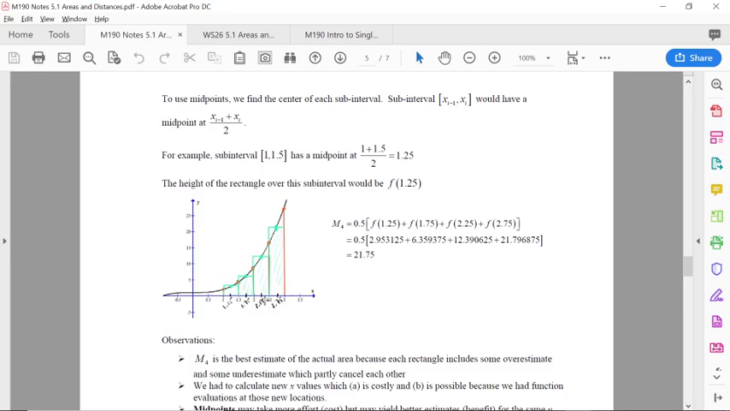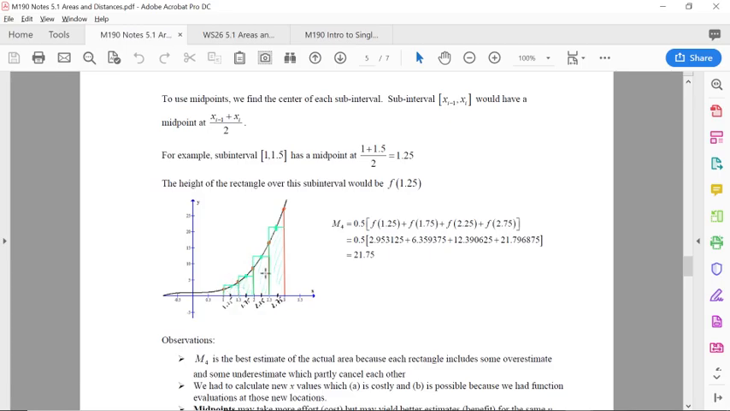Those 4 midpoint values are the x i stars for this example. 1.25 is x1 star. 1.75 is x2 star. 2.25 is x3 star, and 2.75 is x4 star. All right, so the star values are changing depending on which rule we choose. And we do the same thing each time with those star values. We plug them into the function itself,